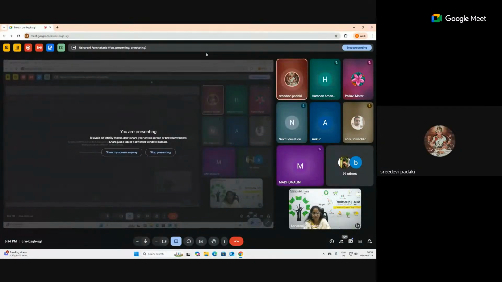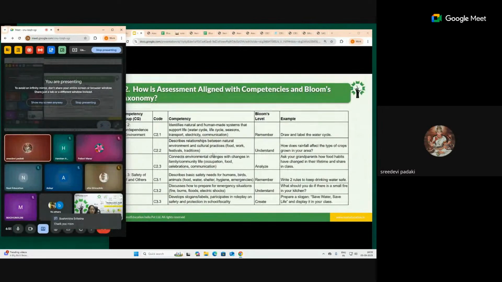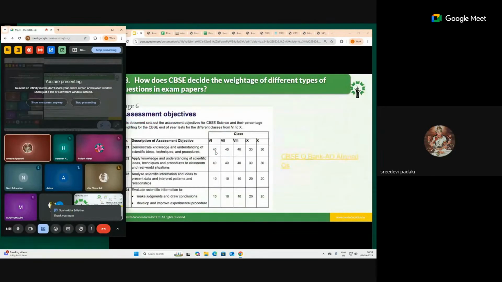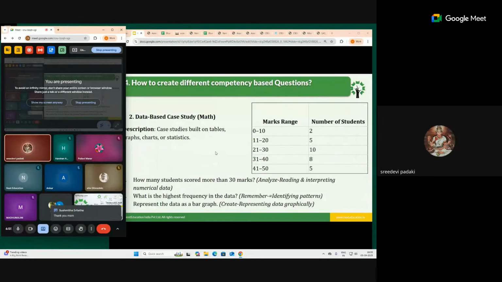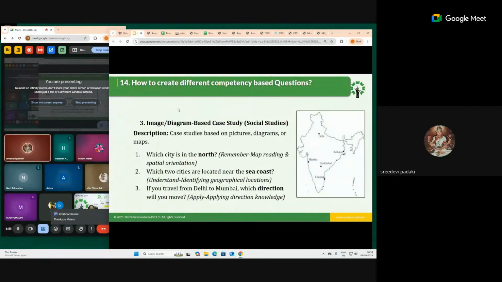Ma'am, you were telling about questions. It is easy for me, because I come from a science and math background, to prepare the questions for application, analysis, reasoning, and all that. But as a teacher, it is a little difficult for English. Social studies somehow we can manage with great difficulty, but for English, I think it's really a bottleneck. That is my perspective.